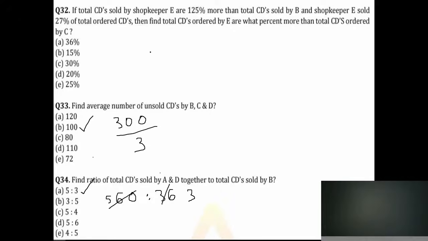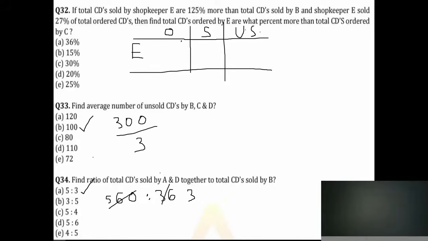Total CDs sold by shopkeeper E. So they gave shopkeeper E also in this. So for E also we should take a separate table for this question. For E it is ordered, same like the previous ones: ordered, sold, unsold for E. Okay, so this is another shopkeeper for this question. They said that shopkeeper E,